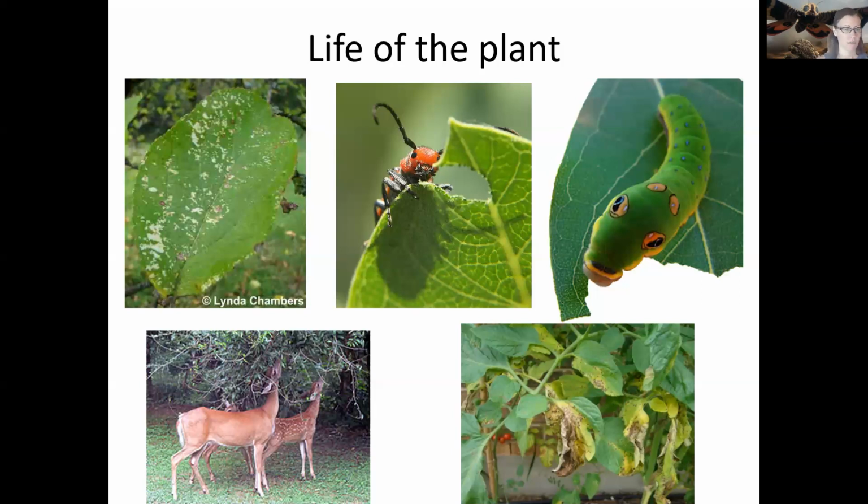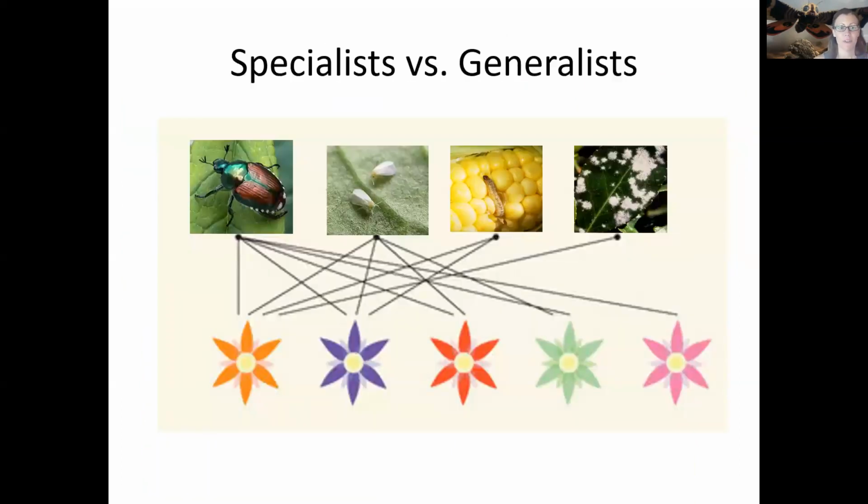Or there's species like humans that can eat anything, unless you're gluten intolerant. Generalists though, right? So generalists are like humans, eat anything, or if you're an insect or a pathogen, might attack multiple different species. So in this chart here, you can see that the Japanese beetle, which is the one on the left, is attacking all of these different species of flowers. Let's call them different species of flowers. So that is a generalist